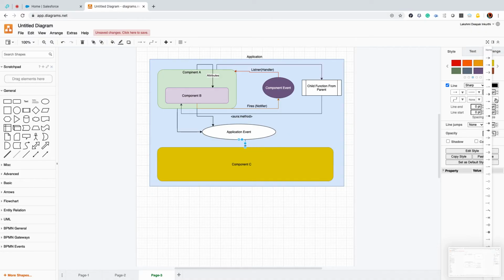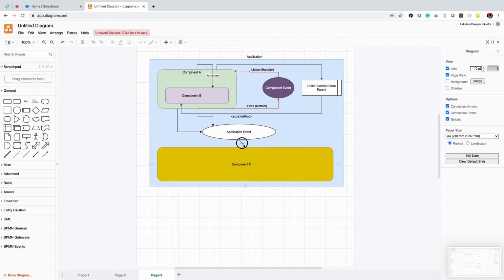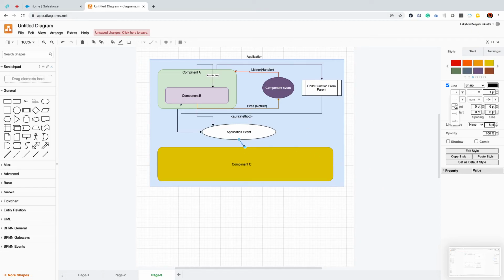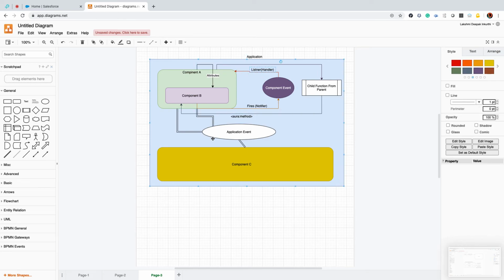Data communication can be anything. The event listener can be anything.